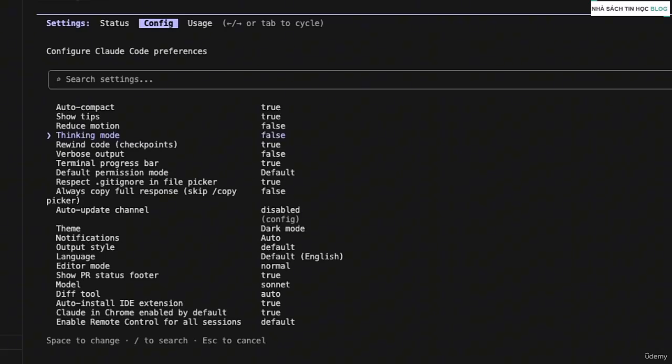But I personally keep the thinking mode on because I would rather get better results even if it takes a little longer. So I'm going to set it to true. Just press enter, all right? Let's press escape.